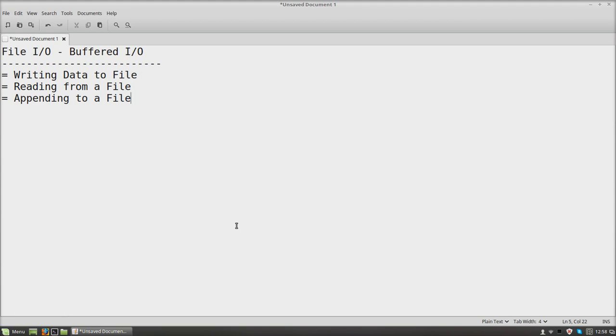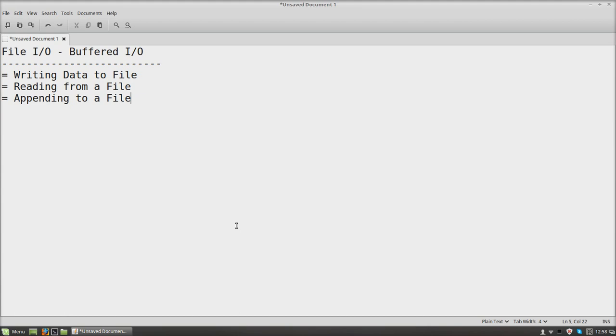In the previous section, we have seen the basic file input and output operations, right? So we have seen how to read and write data using the os package and the ioutil package. Using both of them, we have seen how to write data into a file and how to read from the file as well. Now we are going to see another way of file handling, which is using the buffered